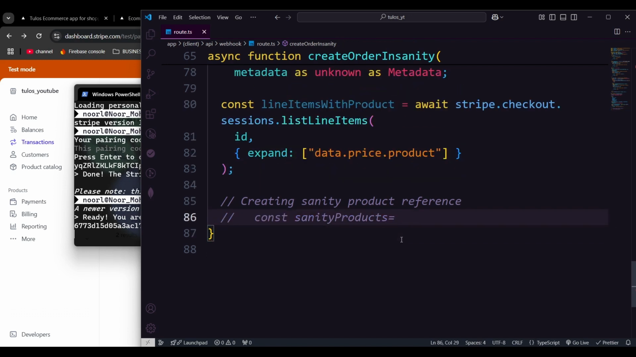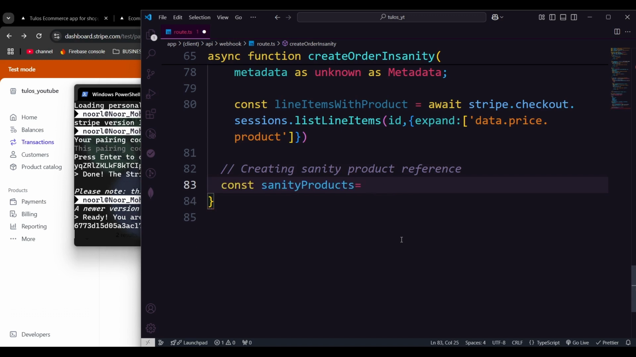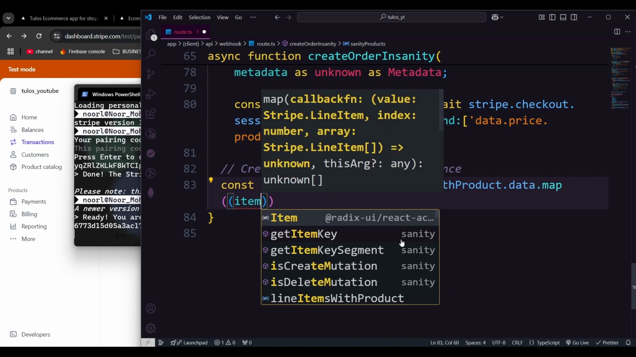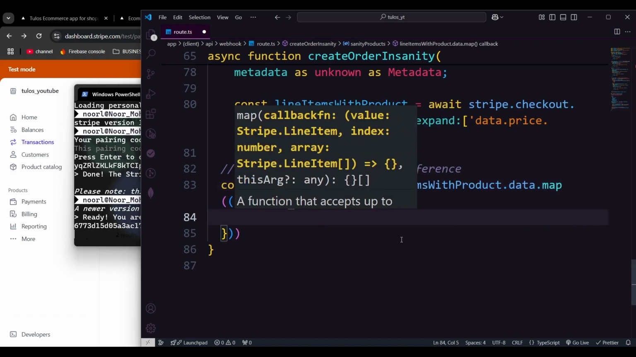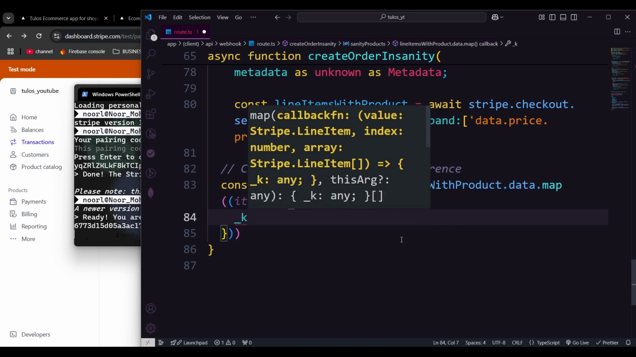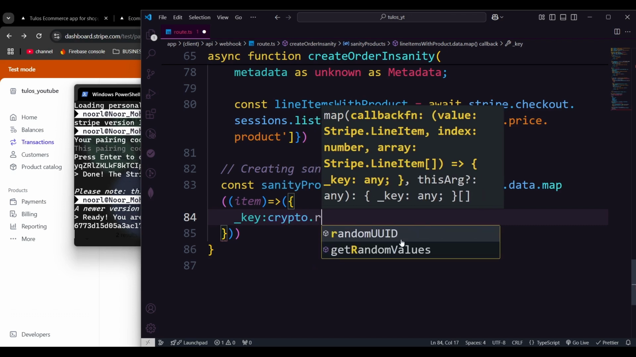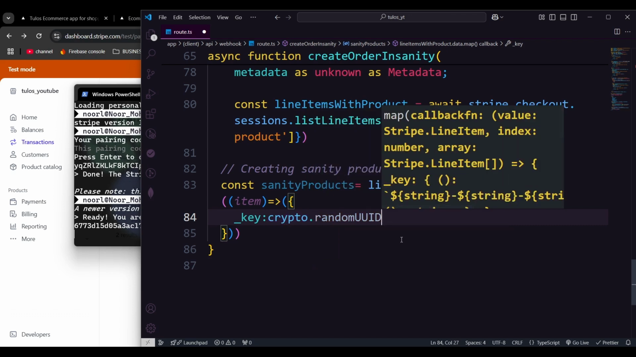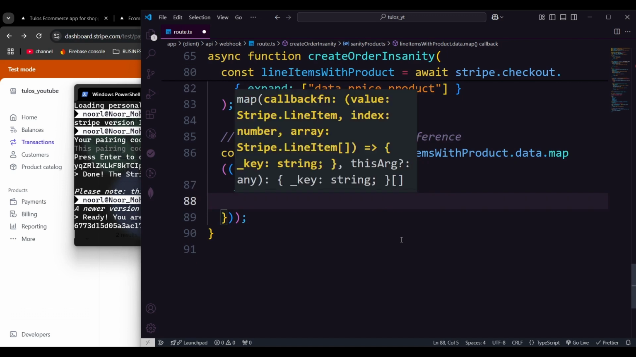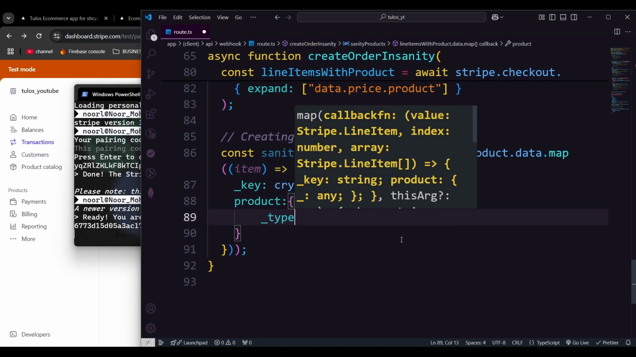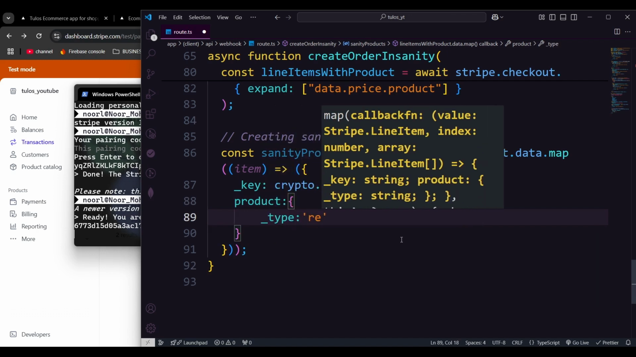So if we just save it, yeah, I think it's working. So now we can extract the sanity product. So it should be lineItemsWithProduct.data.map, and everything I'm gonna grab as an item, and from that properties in the function you're gonna return this object, and _key, that key should be, let's say, crypto.randomUUID. So that should be our key value, and after passing the key value also we're gonna pass the product, and that product should be passing that _type. We need to pass that as a reference,